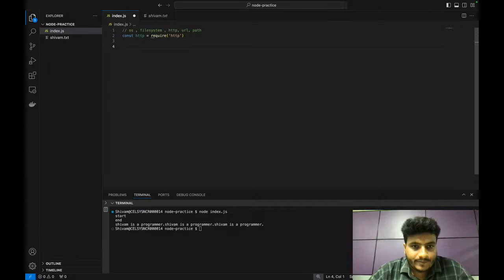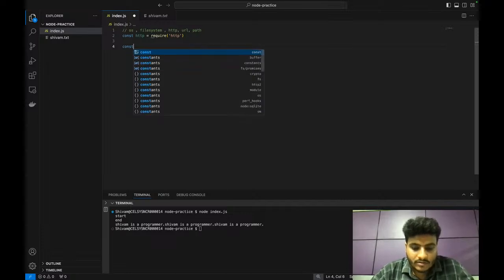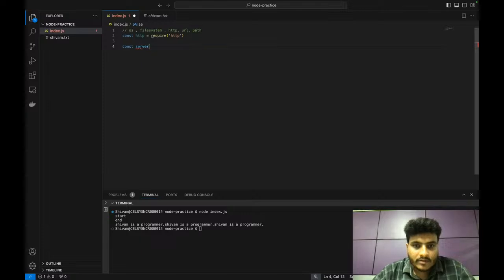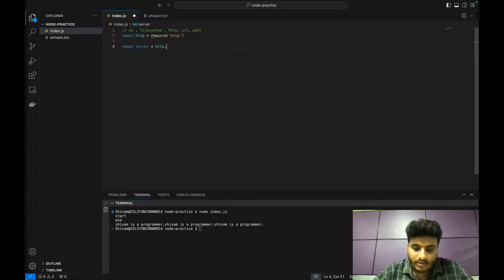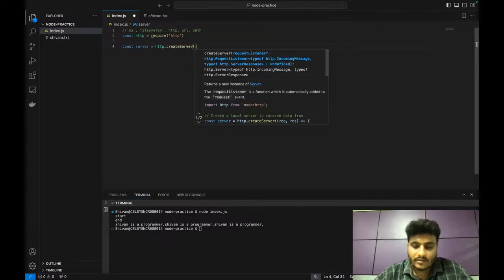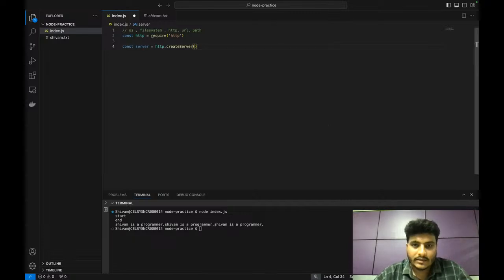Suppose there is a method, const server equals http dot create server. Create server is a function, and it takes a callback,